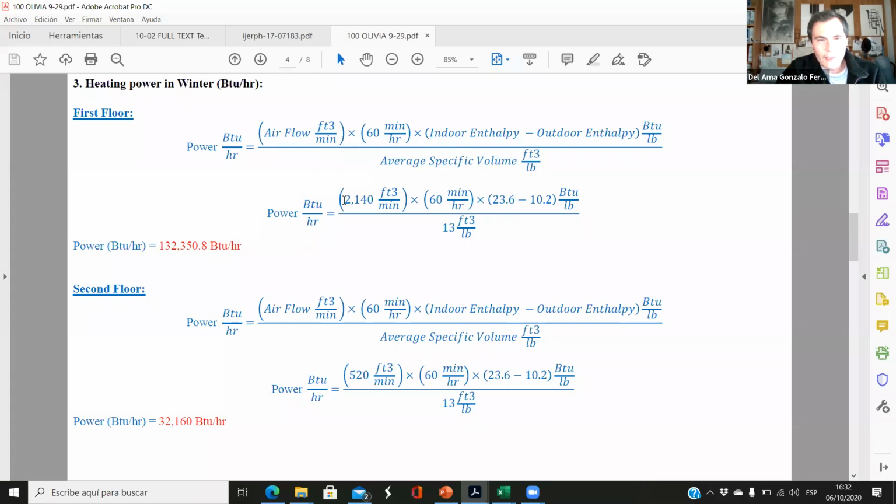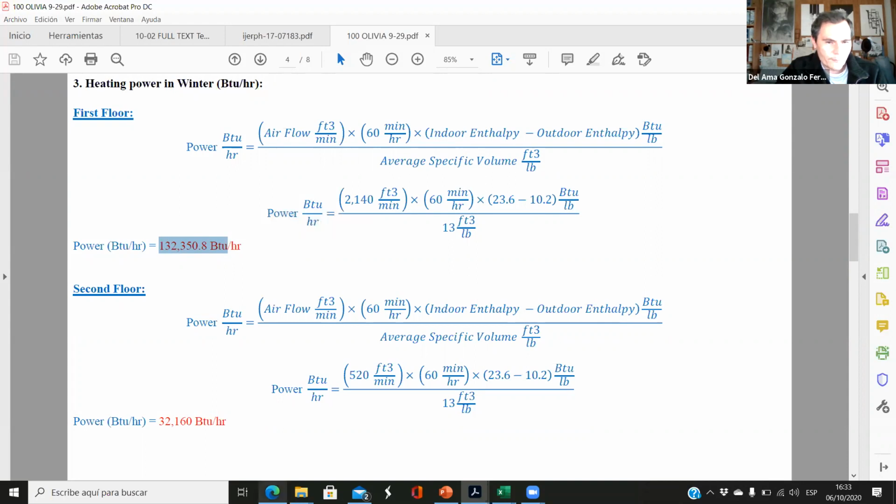Okay, so this is what you have done here. This is the CFM, cubic feet per minute. This has to be per hour. So we have to multiply it times 60. And then this is indoor enthalpy minus outdoor enthalpy divided by the specific volume. So the BTU hours are